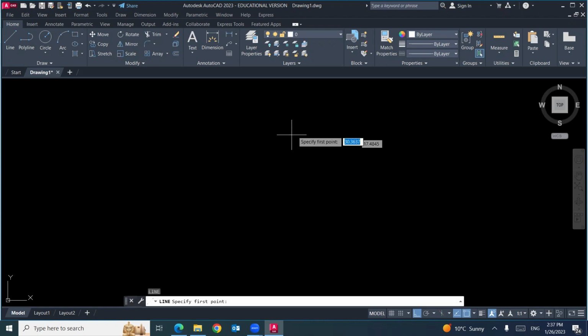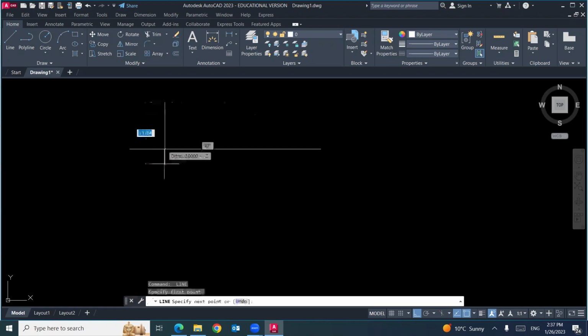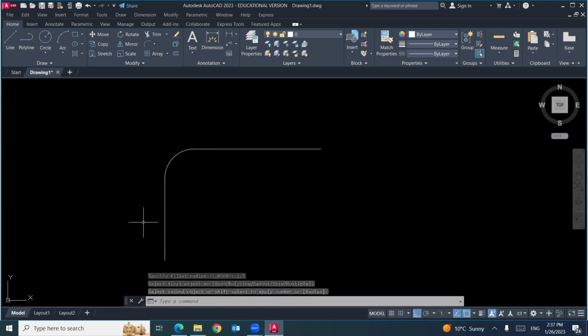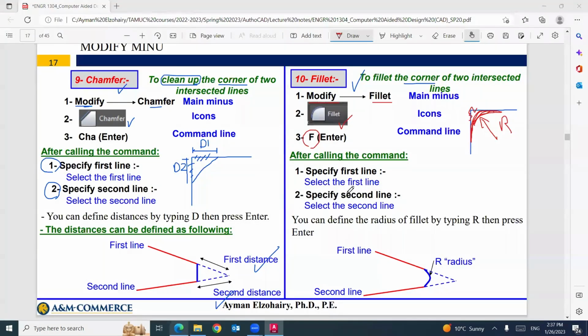Sometimes you have lines like these. So the lines with extra parts, and you need to do fillet. Fillet can do it in one time. So fillet, I will define the radius, 1.5, for example, enter. If you select this line from this part and this line from this part, the extra parts will be deleted, and at the same time, you can do fillet. That makes sense? So this is the main purpose of fillet.